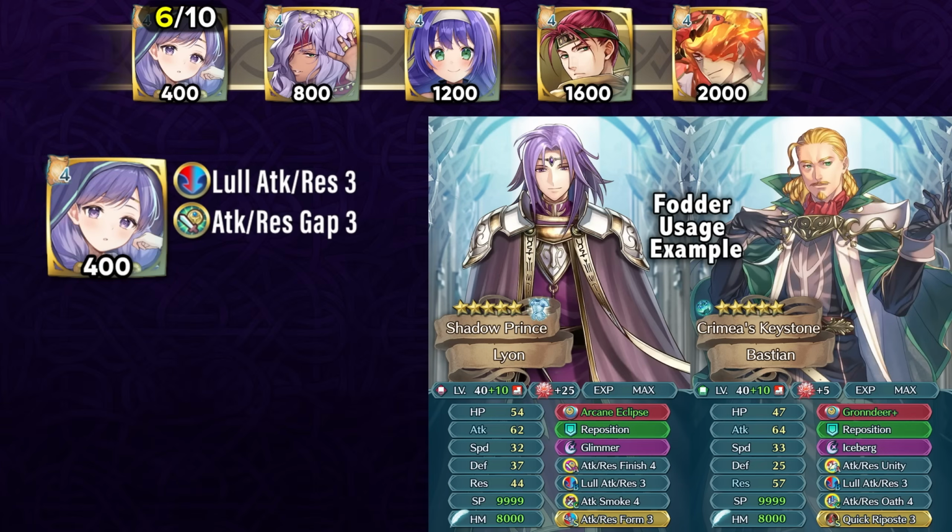Starting the Fae and Tellius path, we do have young Ilyana who can provide you with Lull Attack Resistance and also Attack Resistance Gap 3. So the gap skill is not really too insane, but yeah, having a lull skill at the start is definitely pretty good, and it can provide you with decent value, especially on slower mages, especially if they already have an auto follow-up weapon like Arcane Eclipse, for example,